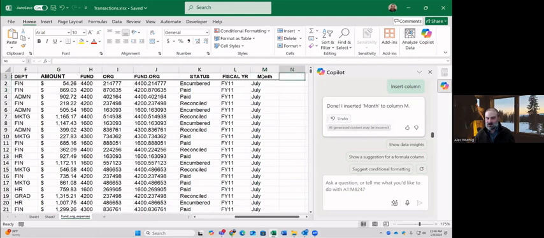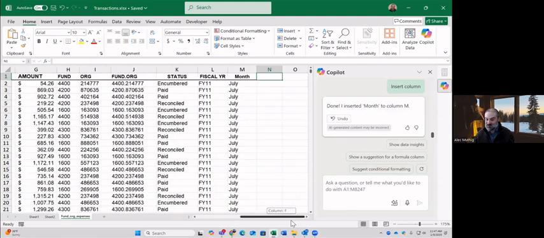And I could do the same thing. It even named it month. I could have it do year as well. That would be a simple formula. I could have it write something so that any transactions that are $1,000 or more get a column that says it needs approval, right? Which is an if statement, an if function. And it would write a formula that would do that and analyze every one of them, and then it would say it needs approval if it's $1,000 or more. So I can add formulas like that.